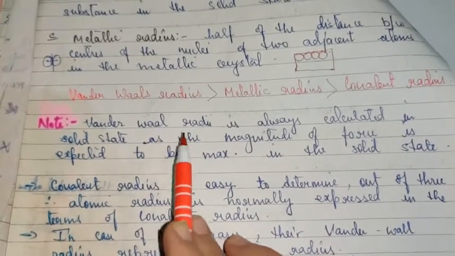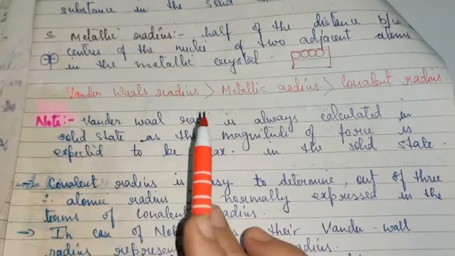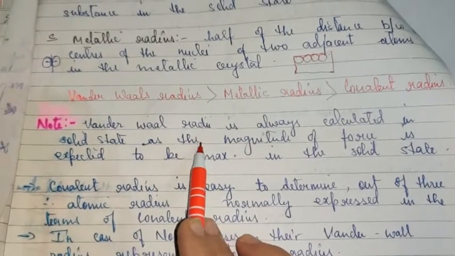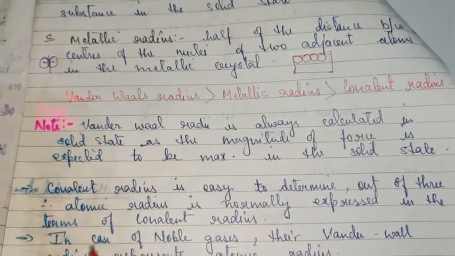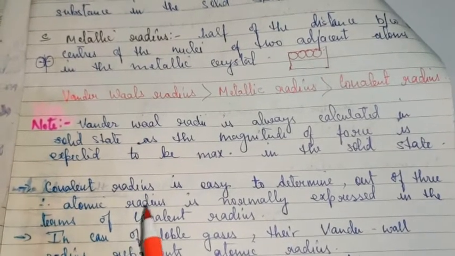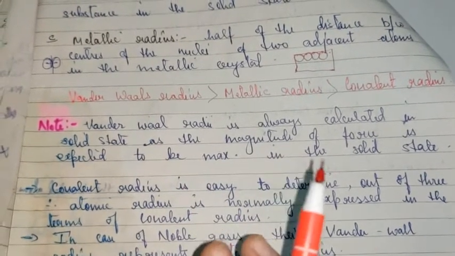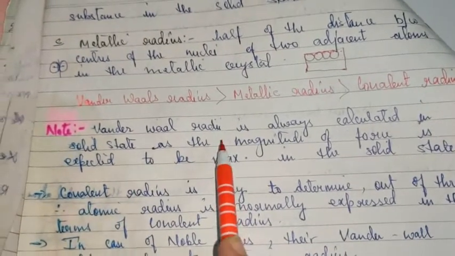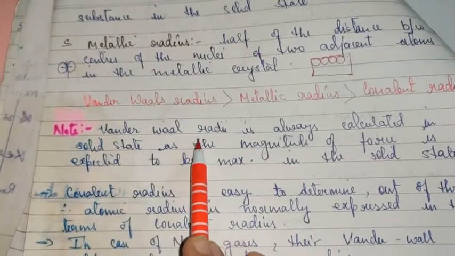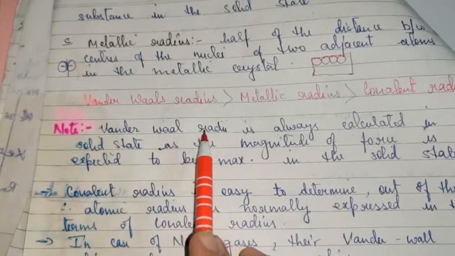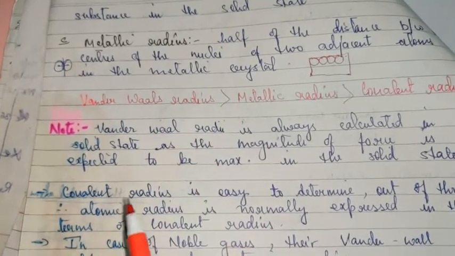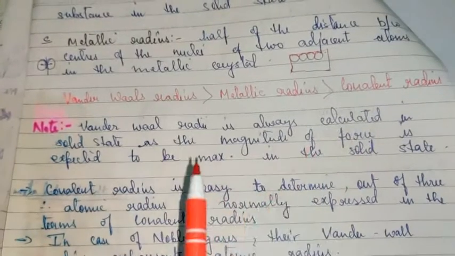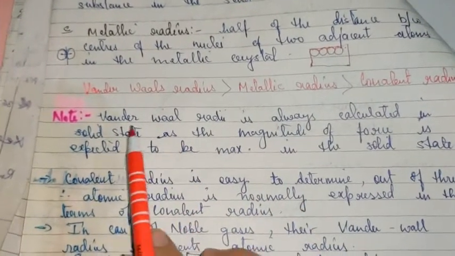Van der Waals force is a very weak force. So when we have to find out van der Waals radii, we need to make sure that that particular compound or molecules are converted into solid state first by compressing them, whatever means we can use. Then only you can find out the appropriate value of van der Waals radii, because in gaseous state the molecules remain far apart from each other, so it is very difficult to find out the value of the radii.